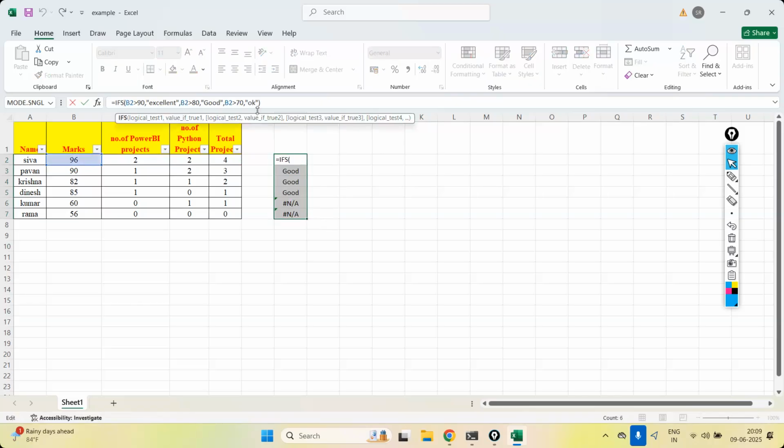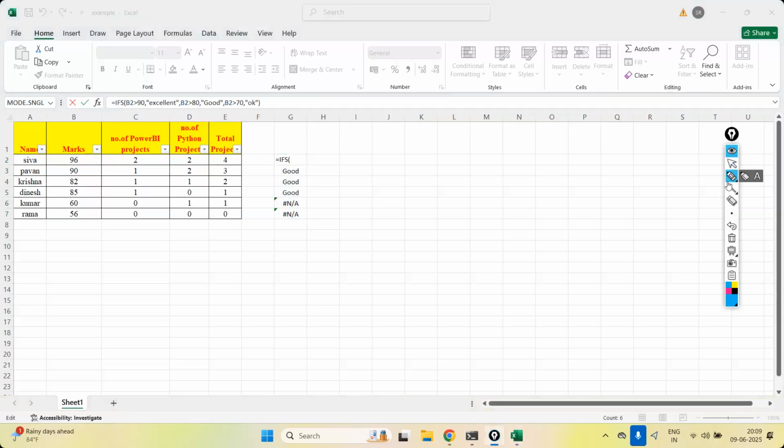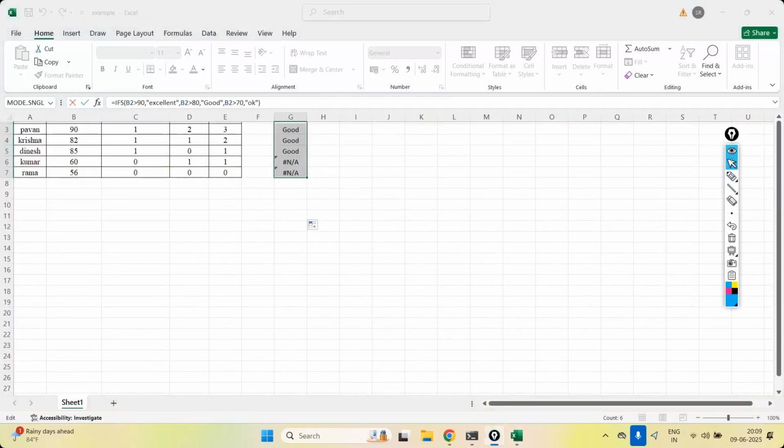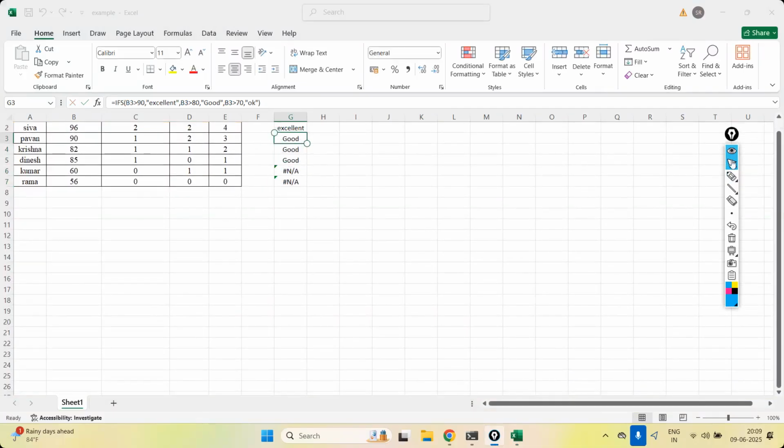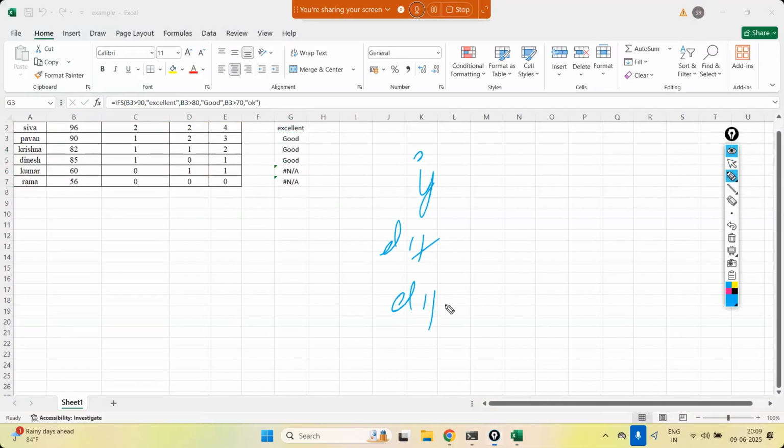Because in IFS, if the condition is true, what has to be printed is there, but if the condition fails, there is nothing. This means the IFS function can be used when you have if, elif, like this, multiple elifs without else. If I want to add both if and else,